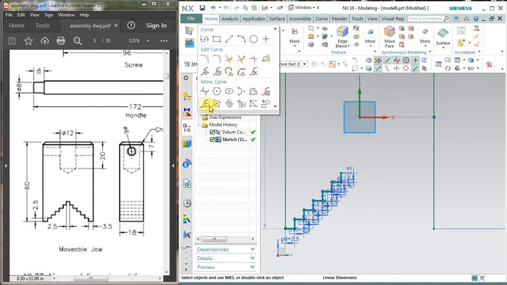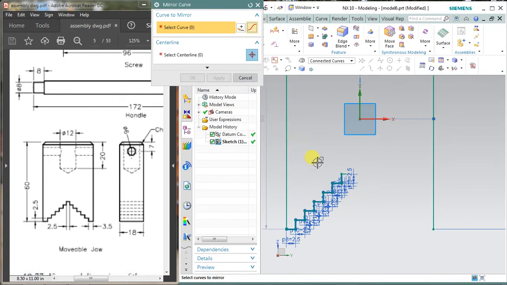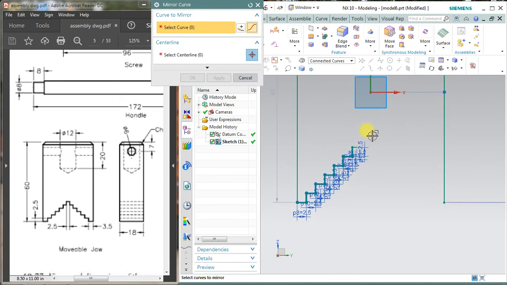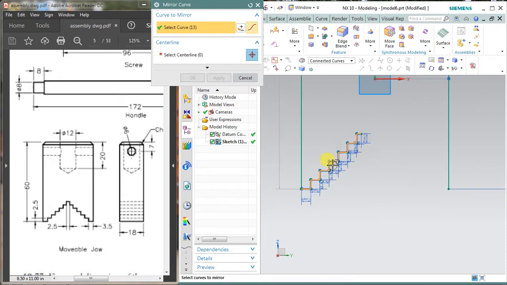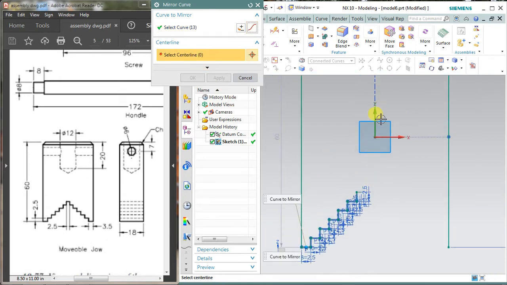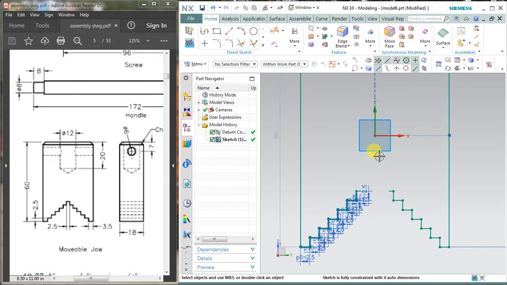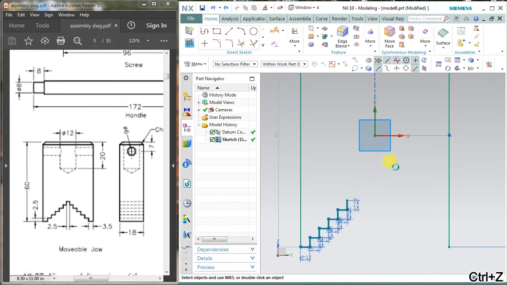So select the mirror command from the toolbar, and select the lines which you want to mirror one by one. For the center line of the mirror I am selecting this green line. Apply and cancel. Okay, let me see what I did here. Let's undo it. I will make this zigzag portion again.